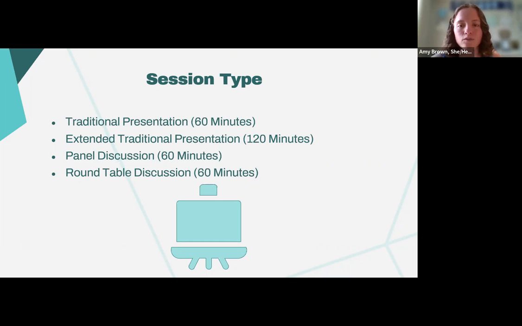And this is also great if you're trying to get a little bit higher on that Bloom's taxonomy that Ashlyn was talking about. Sometimes you might need an extended presentation. However, I would caution that you don't want to do just extended presentations because it does take up a decent chunk of the conference. So just be intentional if that is the option that you're going with.